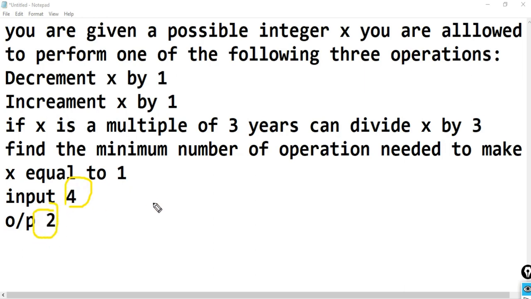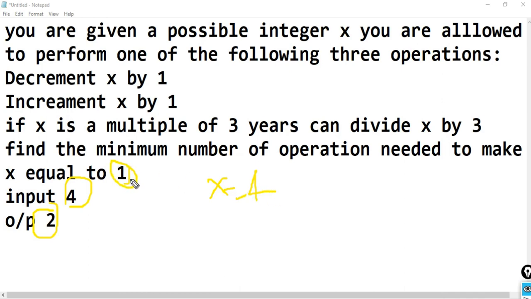So guys, according to the question, x is a variable and we store 4 in it, and we have to check if x is a multiple of 3, then we can divide x by 3, and find the minimum. We have to make this 4 into 1.